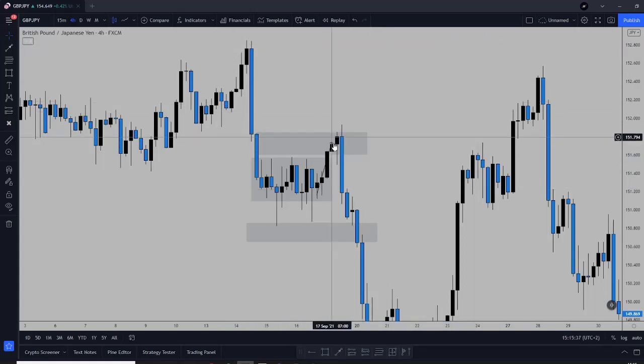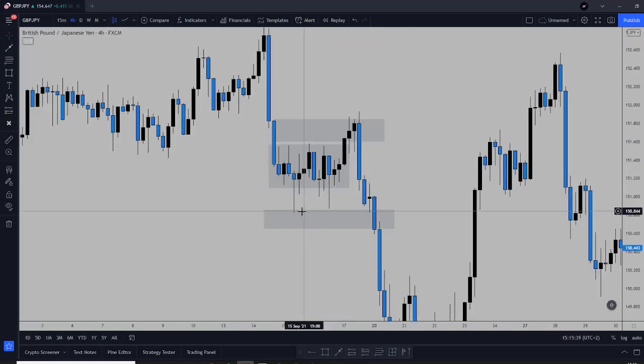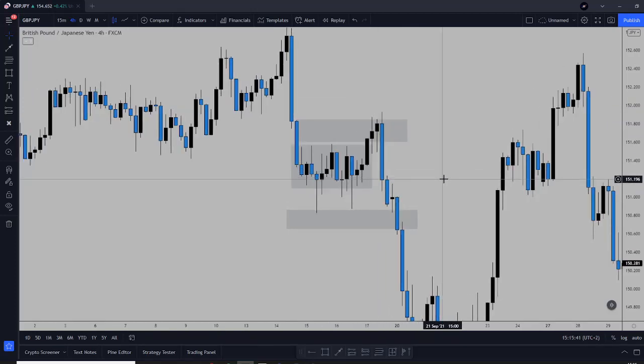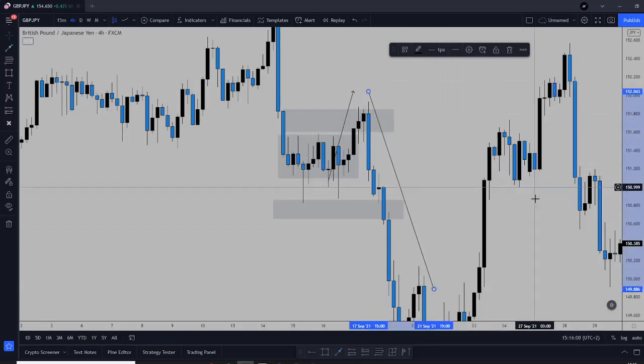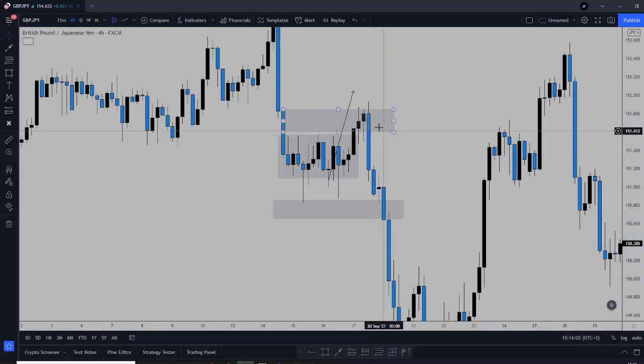Basically what happens is that this first move, when it breaks out of the range, is usually just to grab liquidity and then go the other way. As you can see, this is exactly what happens. We see a nice grab of liquidity because this is a better price for them to sell. In order to sell a lot, they first need people to buy, and then over here is when the big drop comes. This happens all the time, especially on the lower time frames like the 15-minute.